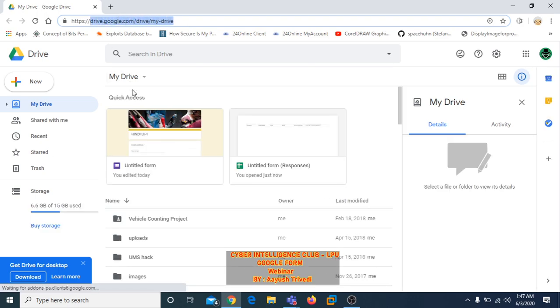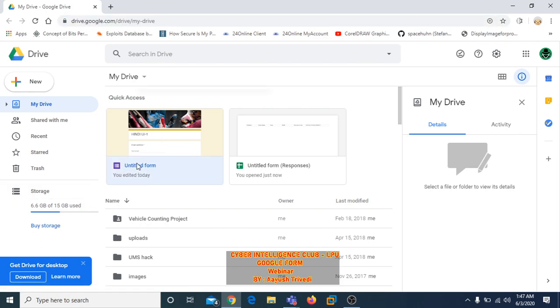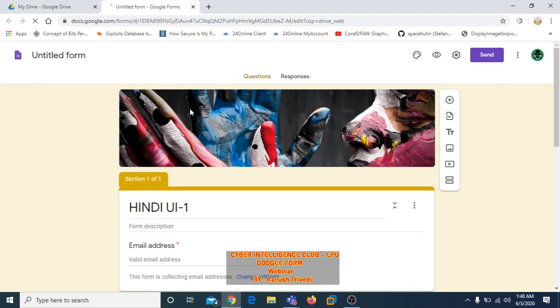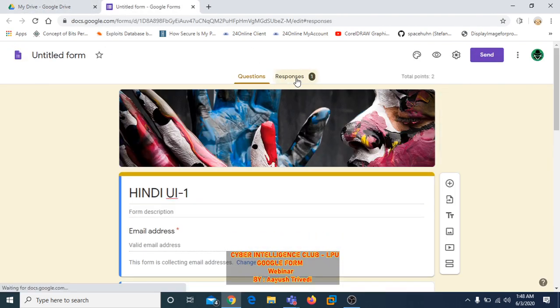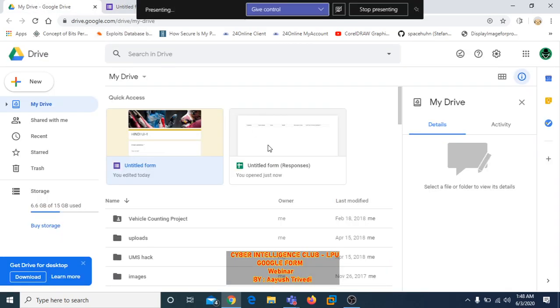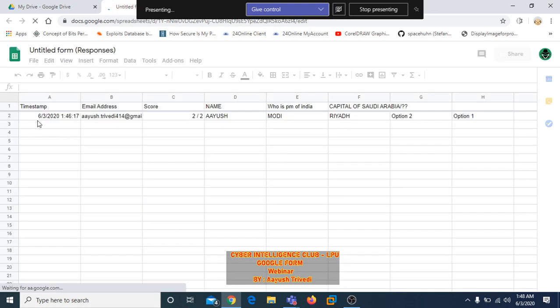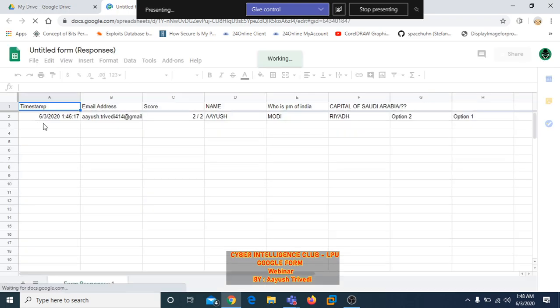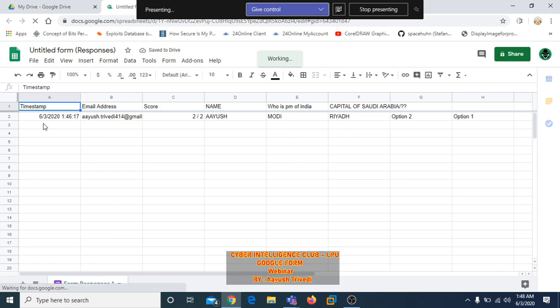Then after going here, you can see the form which you have created. If you want to edit it, you double tap it, it will open, and you can see the responses over here. And if you want the Excel file, this Excel file is integrated, so as soon as they post their responses, you will get it. You double click it and it will be updated. For example, Ramesh from your class, he has submitted it, and you will get the timestamp also.